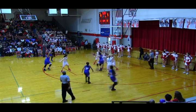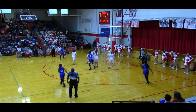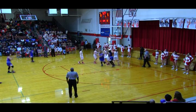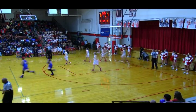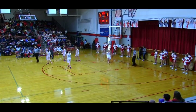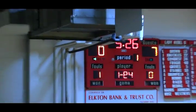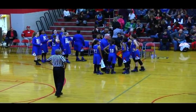Tristany, bounce pass underneath to Jesse. She spins, gives it off to Baker. Shot up, no good. Gets her own rebound, puts it up, banks it in. Oshie Baker, and Coach McGee wants a 30-second timeout. Lady Wildcats really controlling the boards, James. Yeah, they are, and you know, they got the ball down the floor in a big hurry that time, and